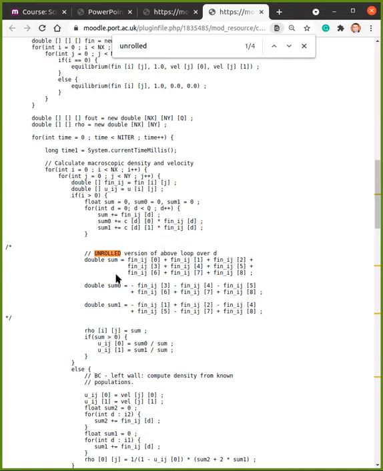But the overhead of this unrolled version is less than what we do in this for loop. This piece of code has less overhead because we somehow